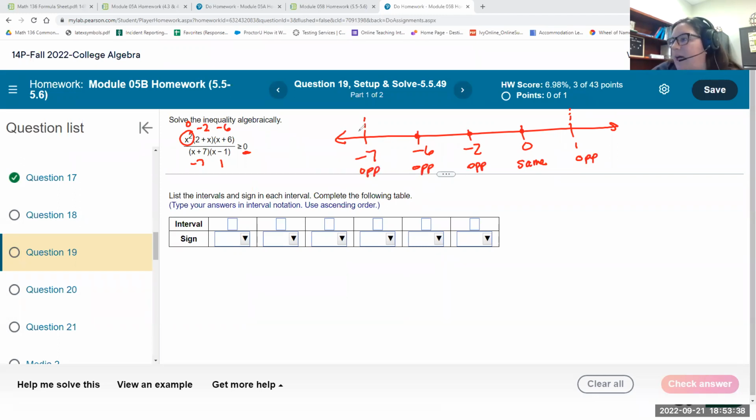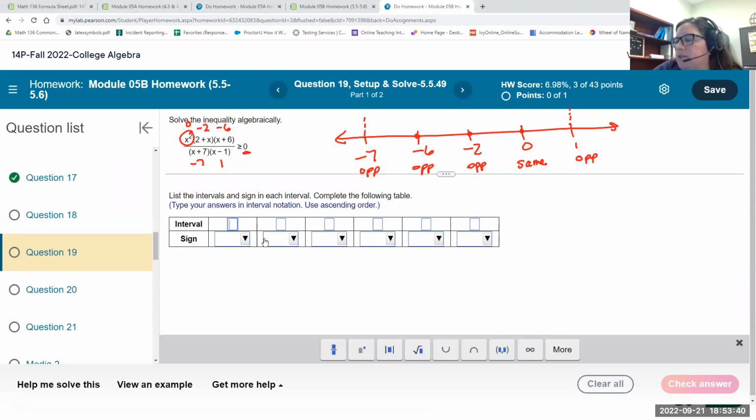But I'm jumping a little ahead. What they want first is just the intervals. Even though it's looking for greater than or equal to, for these intervals so far we're just going to put them with parentheses, so the open intervals, and then we figure out later whether the endpoints get included or not. So -infinity to -7, -7 to -6,